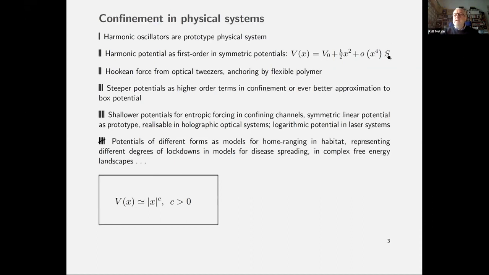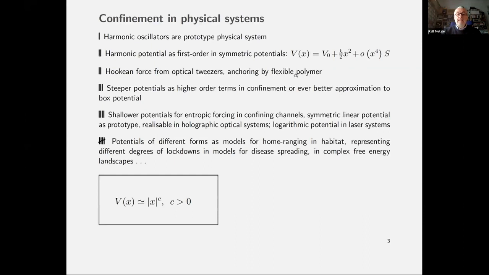I have no clue where this s comes from, please ignore it. A Hookean force can be realized experimentally by optical tweezers, or by anchoring a tracer particle to a flexible polymer chain. These are experiments that were